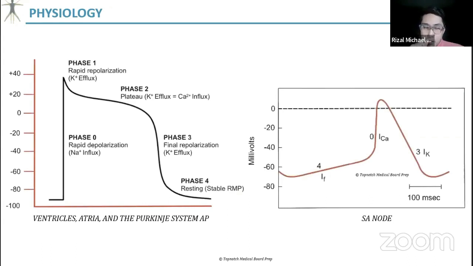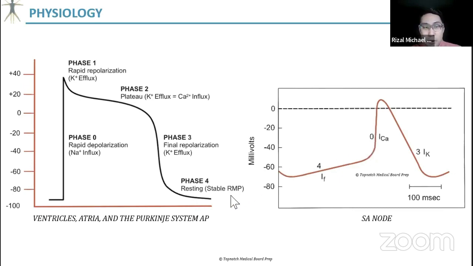Okay, this is what I was pertaining to. This is your ventricles, atria, and Purkinje system, right? So you have your phase 0, 1, 2, 3, and 4. This is your SA node. As you can see sa SA node, wala kang phase 0, wala kang phase 1 and 2. You only have 4, 0, and 3. Okay? In the ventricles, phase 0 is because of sodium influx. Your depolarization is because of sodium influx. However, in the SA node, your phase 0 is because of influx ng calcium. Right? So, unique yun sa kanya. So, kung ako yung board examiner, pwede ko yung tanong yun para pampalito sa test takers, no?